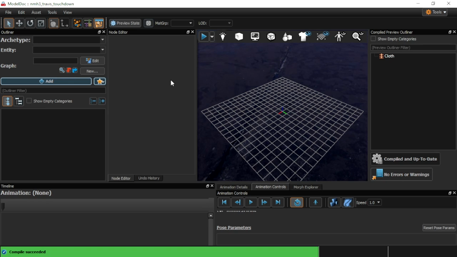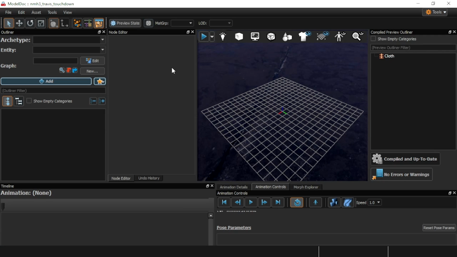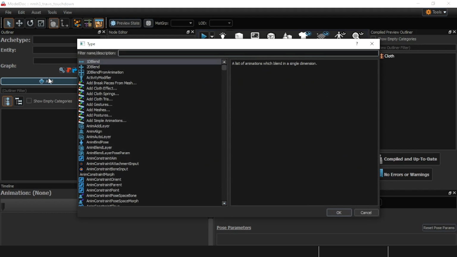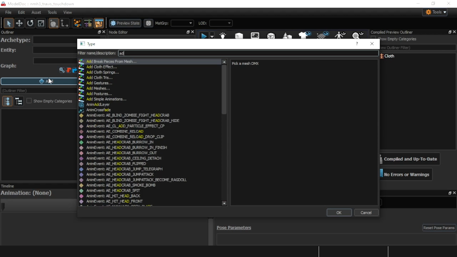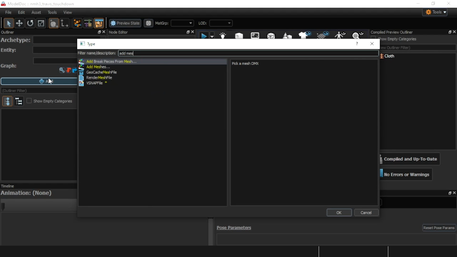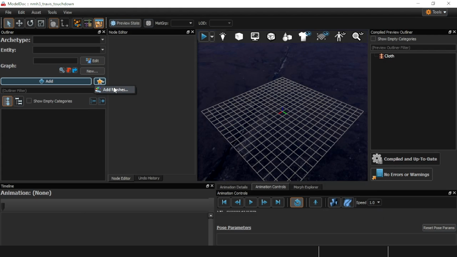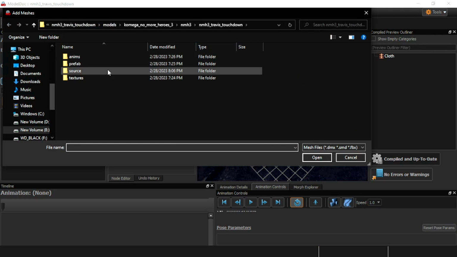Now we have our VMDL, but there's nothing in there. Why? Because we haven't imported our mesh yet. You can go to the star here, and there's Add Meshes, or if you want to make it harder for yourself for some reason, you can go to Add, and then Add Mesh, Add Meshes, and it's the same thing right there. But we're going to do it how I normally do it. Add Meshes, Source,